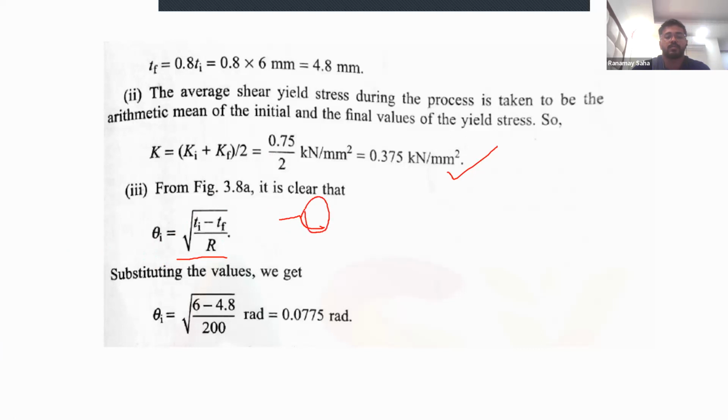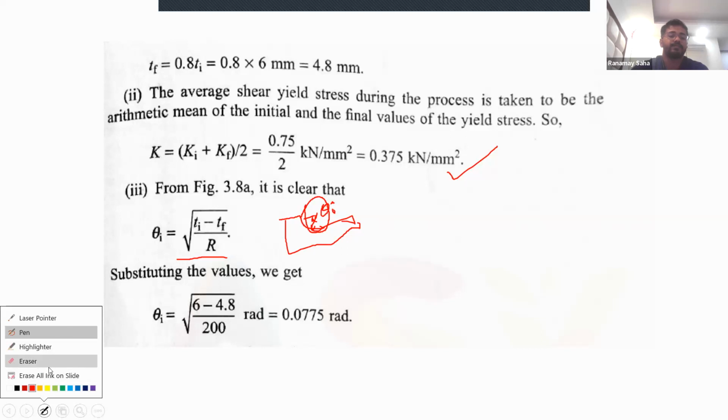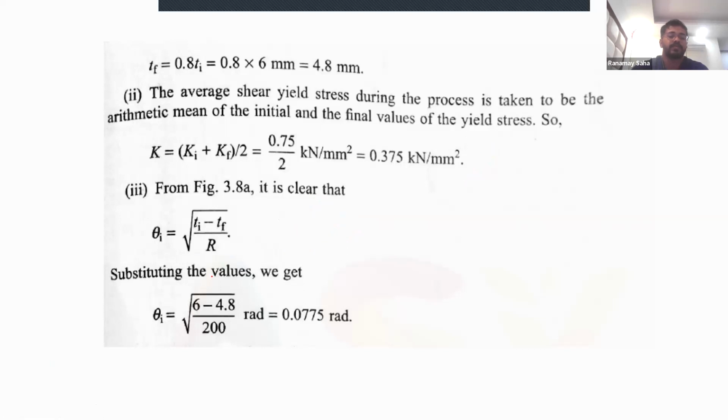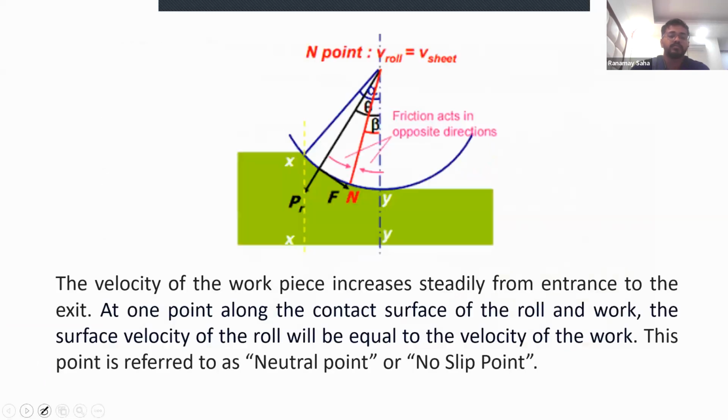So this is your roll actually, and this happens to be the angle subtended, okay. This one. Now you find that using this geometrical relationship. After substituting the values, theta is 0.775 radians. Okay. Now,